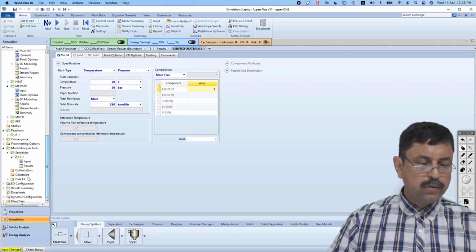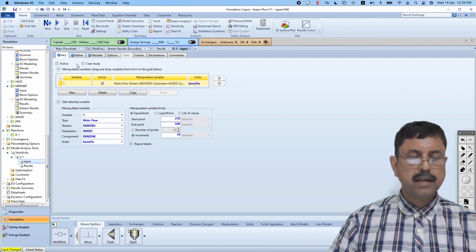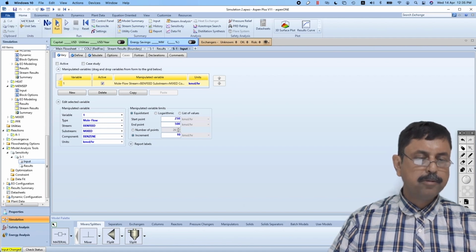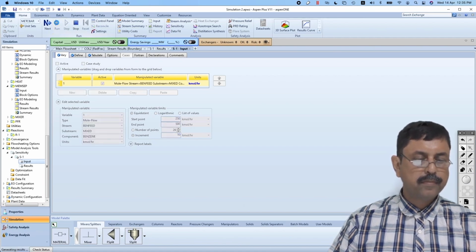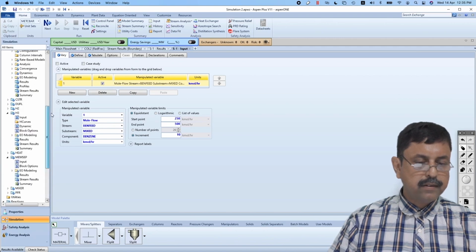There is no requirement of the sensitivity analysis tool over here, so just make it inactive. You do not want to do the sensitivity analysis now, so run. Okay, when you run and check the results once again,